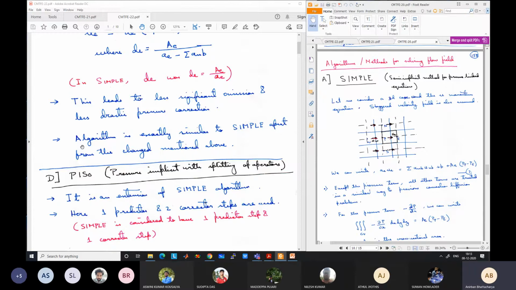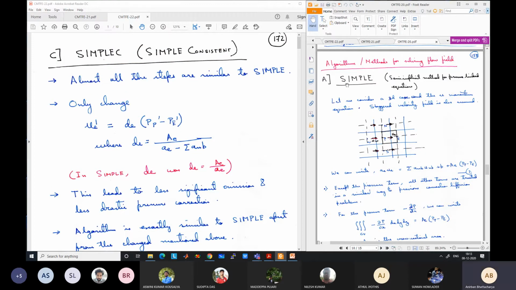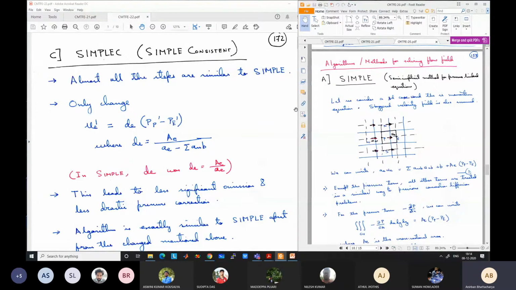So just let me give a very quick recap of the SIMPLE algorithm in 5 minutes, so that we can relate all the other methods to it. These four methods we should be able to relate to each other. All the next three methods, SIMPLER, SIMPLEC, and PISO, are based on SIMPLE. SIMPLE is the fundamental basic method, which showed a way to relate the pressure to the continuity equation. Then all of them have followed the same footsteps, but with some modifications for improved, faster convergence.